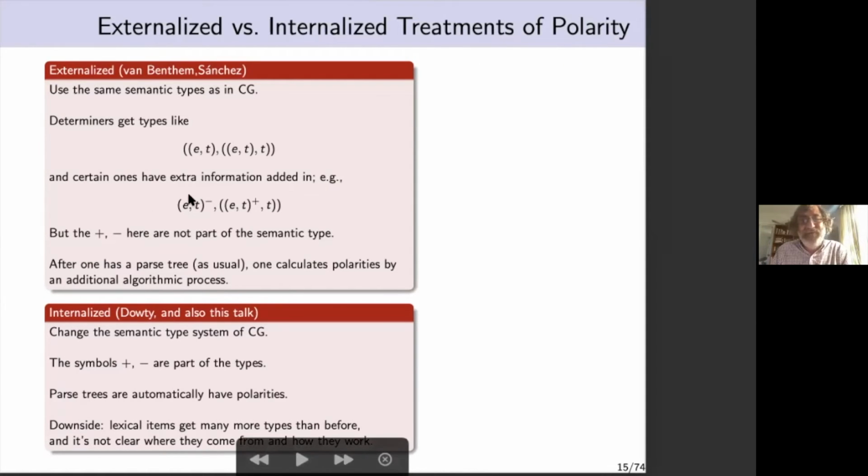So the way that van Benthem did it was he used Montague's categorial grammar, so I'll explain a little bit, give you a taste about what that means, and then he put decorations of negative and positive where I'm putting the arrows, plus and minus. Now I actually am following a different approach to the whole thing that David Dowty put forward, which is that